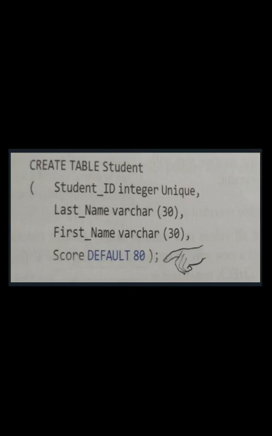Like student ID can be unique. If I use email ID, email ID can also be unique. If I use Aadhaar card, then also it can be unique, right? If I use phone number, that also can be unique. So unique keys can be many, but the primary key will be just one, right? So this is the basic difference over here.